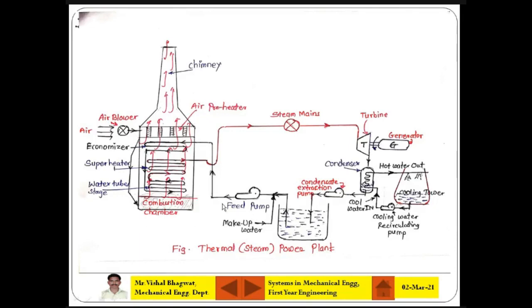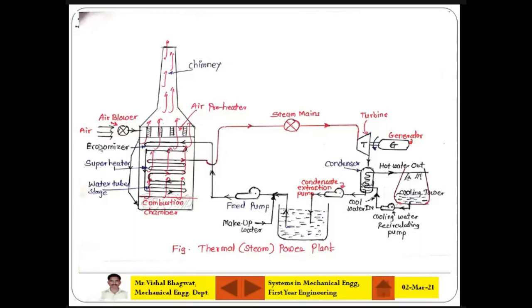What is there? You'll see. This is a water tube boiler. Why? Because these are the tubes of water. If you see the black colored ones, these are the tubes of water. The feed pump is pumping water inside, and it goes to this section of tubes initially. You see, it is going here. I can show with the cursor. You have to concentrate on it. Have a close look. This is this section of water tubes.